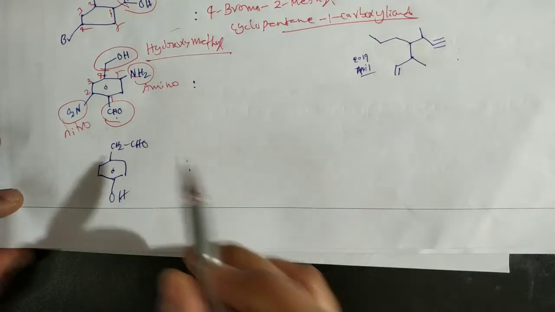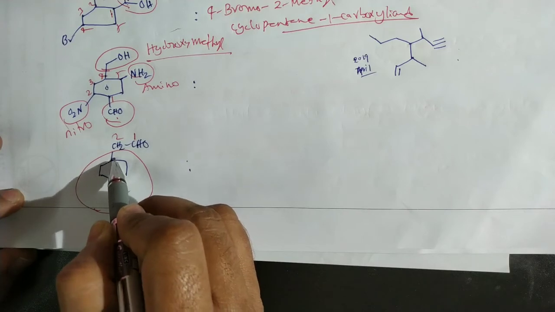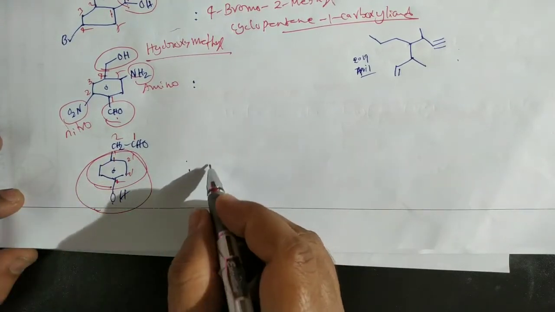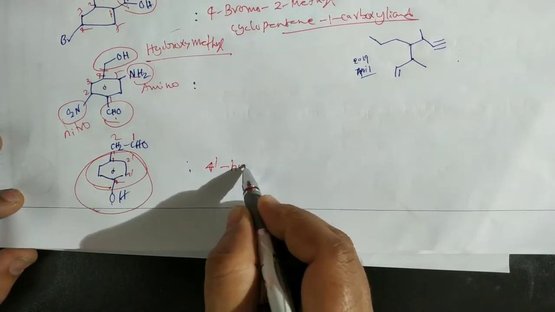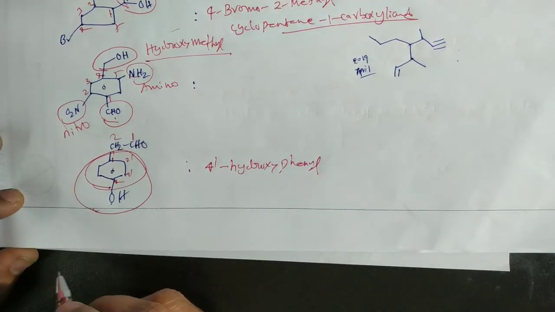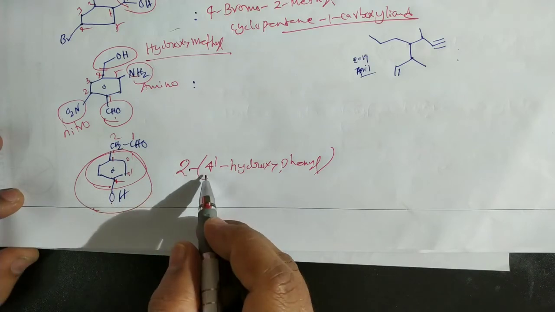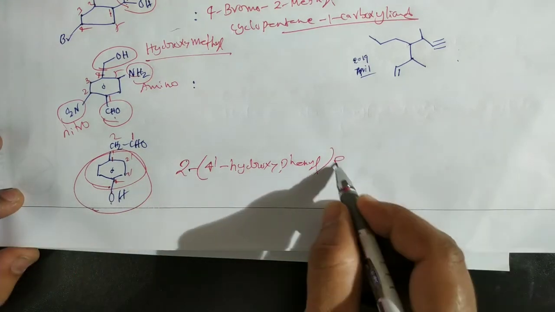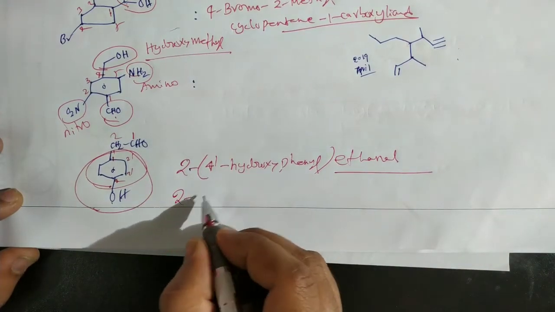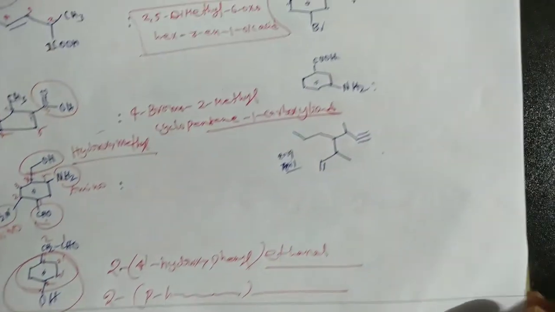Okay, next this one. Here aldehyde and OH. Aldehyde is high priority, so 1 2. It is a substituent. So here give the numbering 1 dash, 2 dash, 3 dash, 4 dash. Actually it is a phenyl. So on the phenyl at the 4 dash carbon a hydroxy group is there. So 4 dash hydroxy phenyl. Totally this is placed on the second carbon. So 2 hyphen 4 dash hydroxy phenyl ethanol, or we can write 2 para hydroxyphenyl ethanol. Okay, that's the IUPAC name.